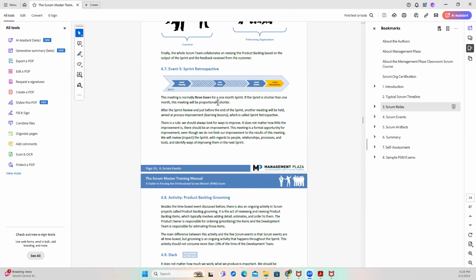And then the members for this are only the development team, Scrum Master, and the product owner. We do not want to see the stakeholders in this event. This event, the retrospective, is not for them. They are retrospecting on what they have done, and they are answering 3 questions: what they did right, what they did not do right for that sprint, and how they will do better.